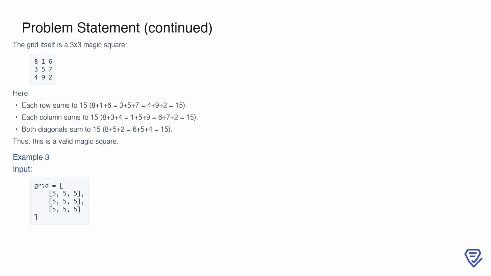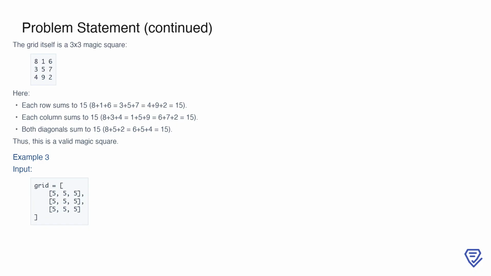Each column also sums to 15: 8 plus 3 plus 4, 1 plus 5 plus 9, and 6 plus 7 plus 2 all give 15. Finally, the diagonals sum to 15 as well: 8 plus 5 plus 2, and 6 plus 5 plus 4. Since this grid satisfies all the necessary conditions, it is counted as a valid magic square, and the output for